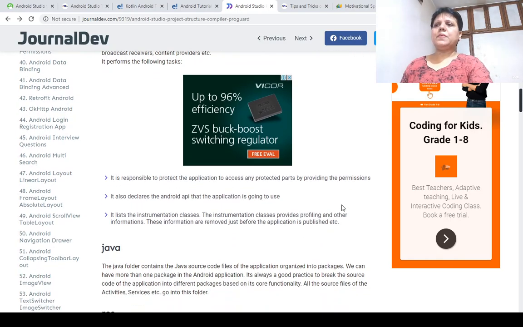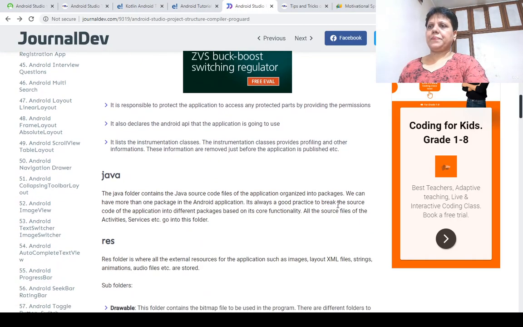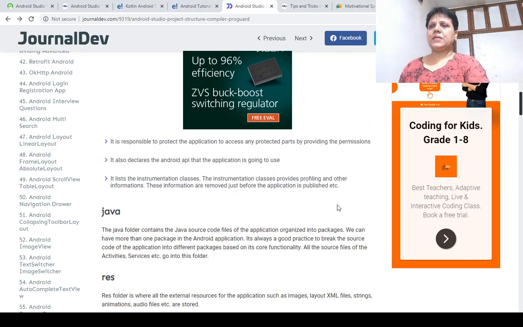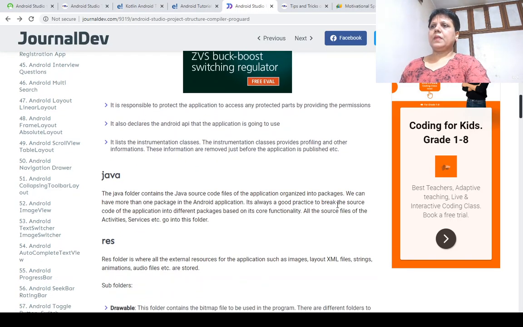It is responsible for protecting the application from accessing any protected parts by providing permissions. It also declares the Android API that the application is going to use, and it contains all the classes which provide profiling and other information.